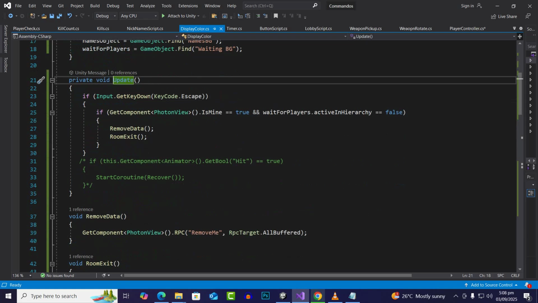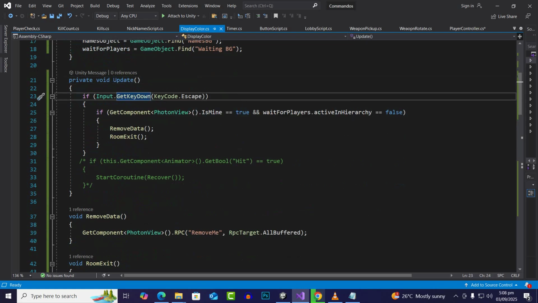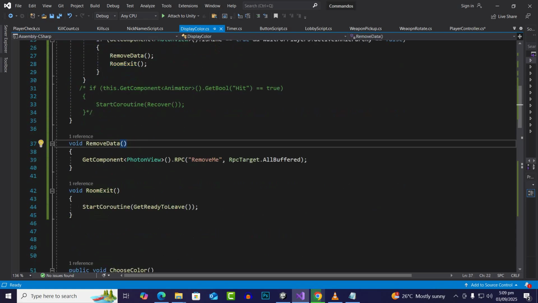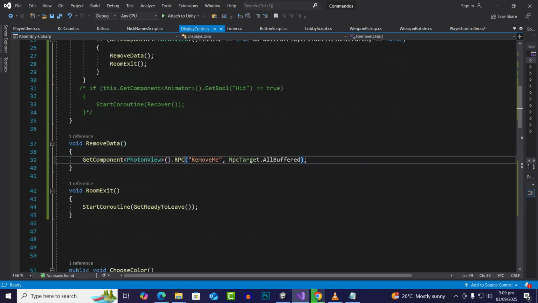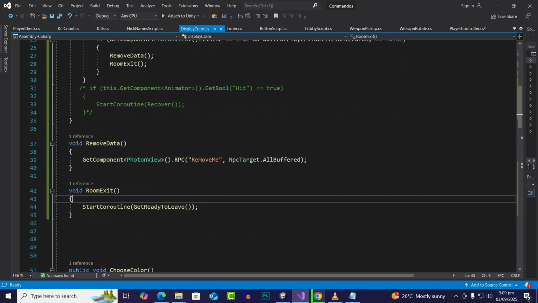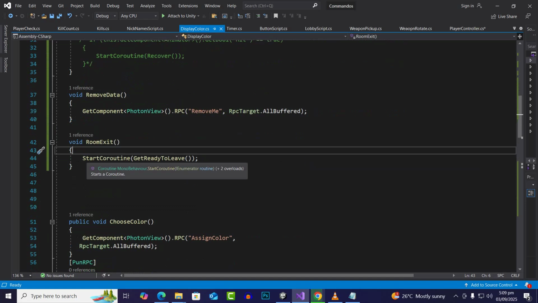Then in the Update function we are saying that when we press escape we should remove the data and exit the room. For removing the data we will use this line of code: PhotonNetwork.RPC RemoveMe, which is the default function of Photon. And for the room exit we will